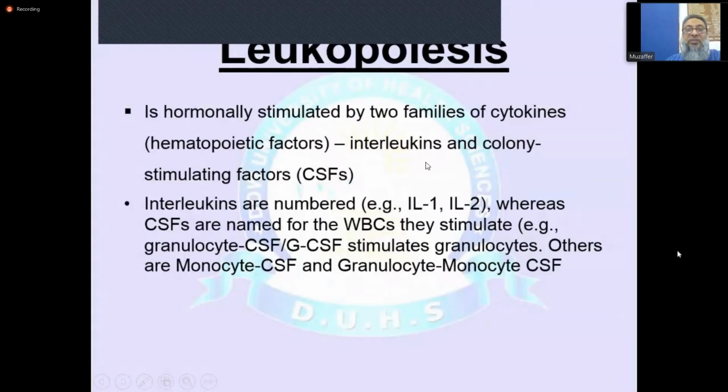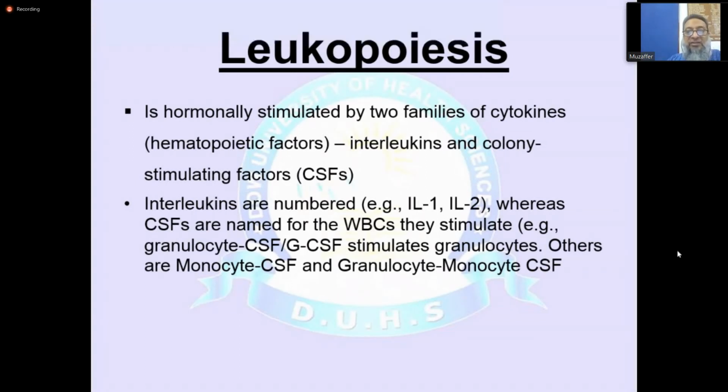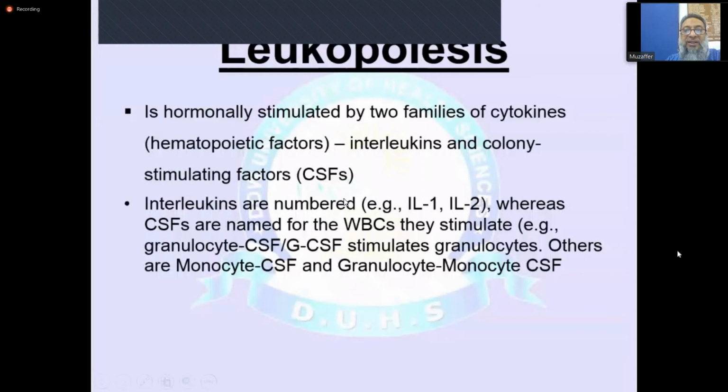They further stimulate the growth of these cells to differentiate from the very basic cell in the blastic state to the mature cells, and their granulation, formation, growth, and differentiation depend very much on the interleukins. They are numbered as interleukin 1, 2, and like that, and there is another stimulating factor known as the colony forming